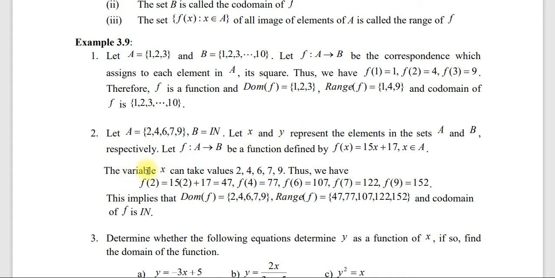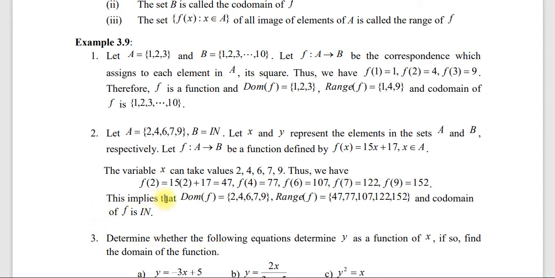So the variable x can be taken the value 2 4 6 7 9. Thus we have f of 2 15 times 2 plus 17 is equation ላይ እየተካን ማለት ነው which is equal to 47. f of 4 77, f of 6 107, f of 7 122, f of 9 152 ይመጣልናል ማለት ነው።